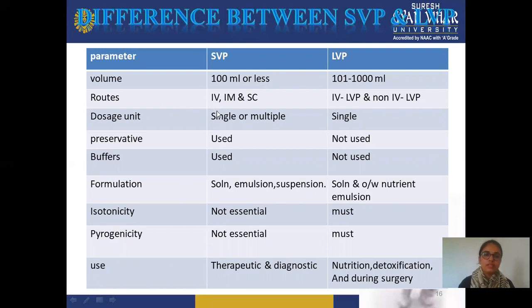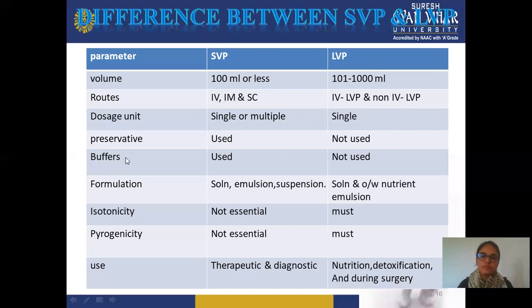Route is intravenous, intramuscular, SC, and for large volume, IV. Large volume parenterals, and dosage unit is single or multiple. Small volume is mainly prepared for single injection, single administration, or maybe multiple. And large volume is for only single injection or single administration. Means these large volumes do not contain any medicament, but electrolytes and fluids are administered for a single purpose or